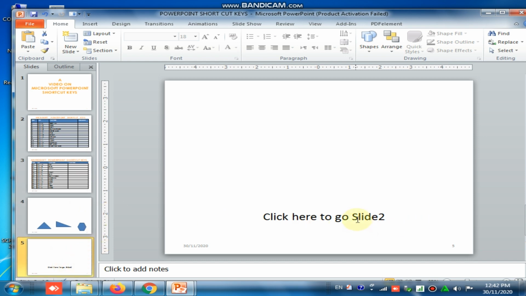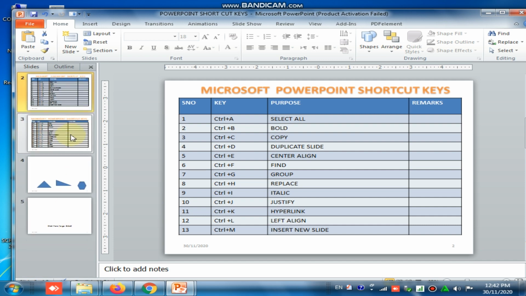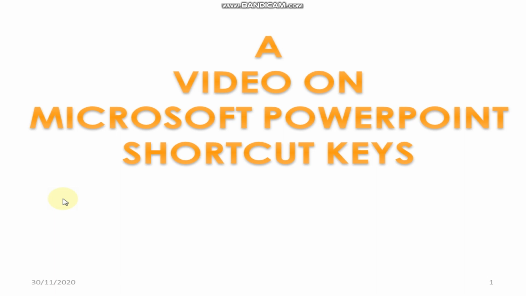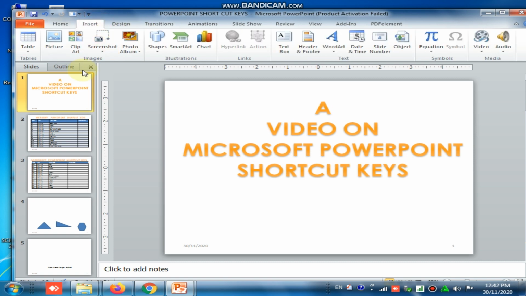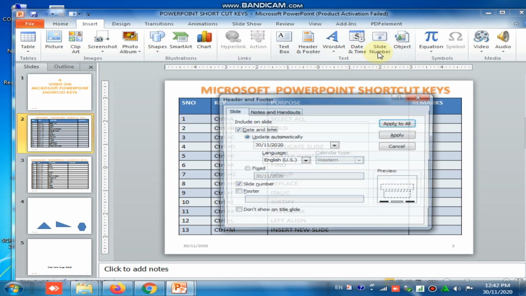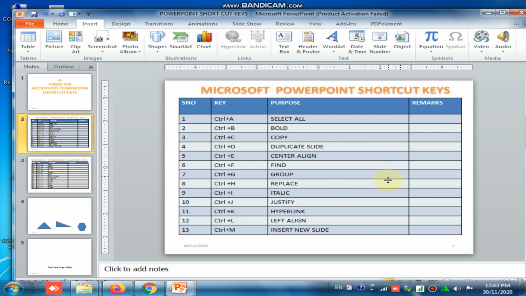Suppose I want to go directly to this slide, instead of going by numbers. You can give numbers and dates to your slides. If you observe here, I am putting the date and slide number also. How do you give it? Go to insert and click on slide number. Select update automatically, select the format, and click the slide number. You can give the slide number, click apply to all, and it will go.